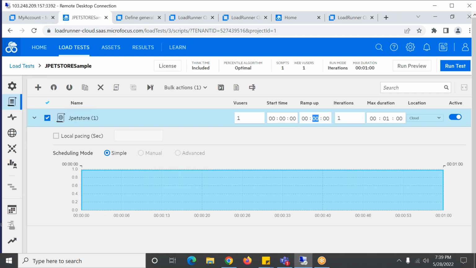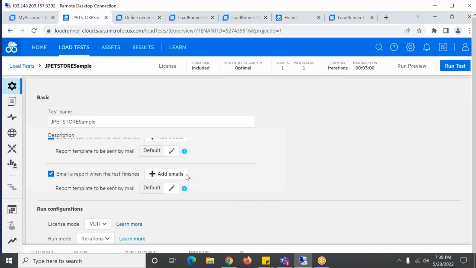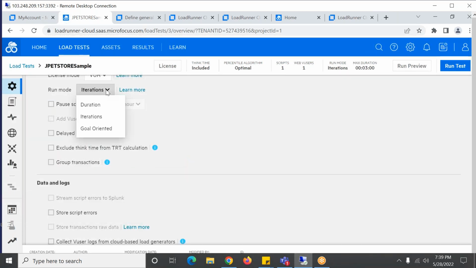For ramp up, let me give 2 seconds. As we have given iterations, we can see iterations. Ramp up you have given 2 minutes, I think. Yeah, 2 minutes. There were 2 options, duration and iteration, and I have chosen iteration.